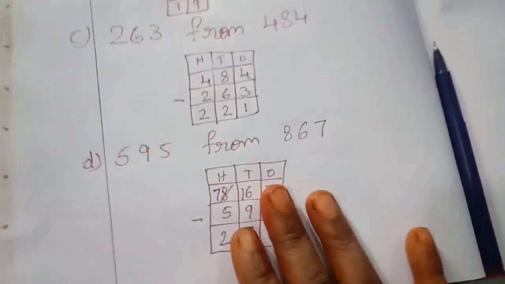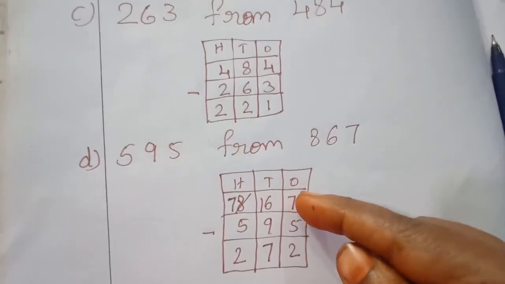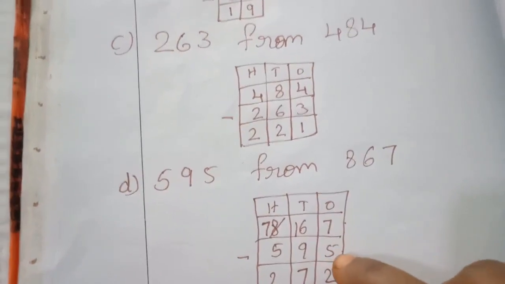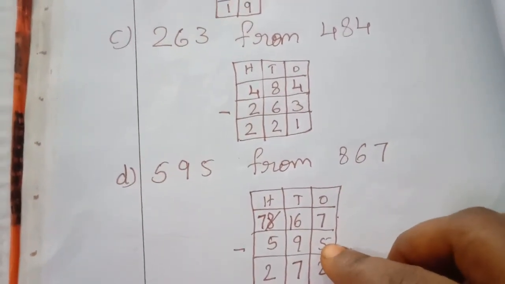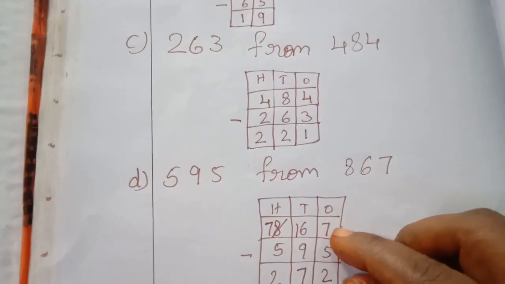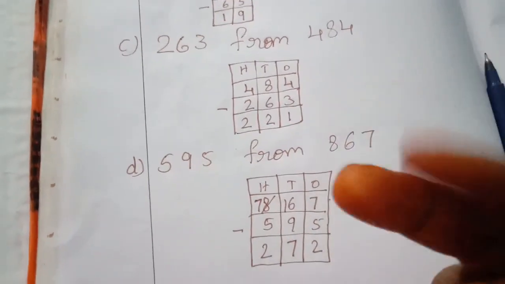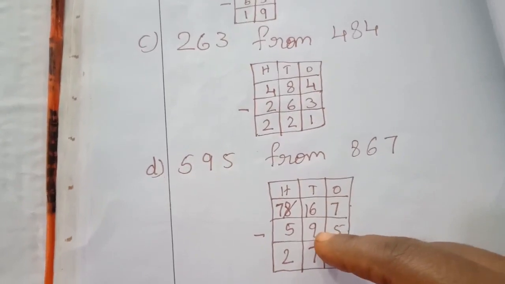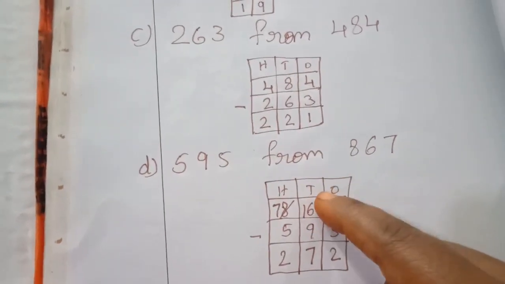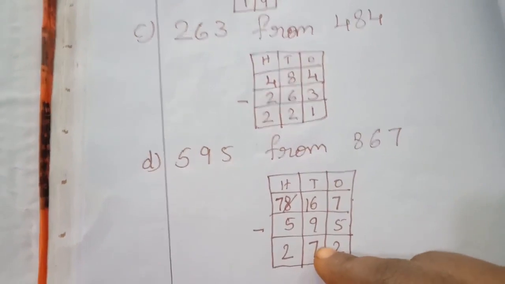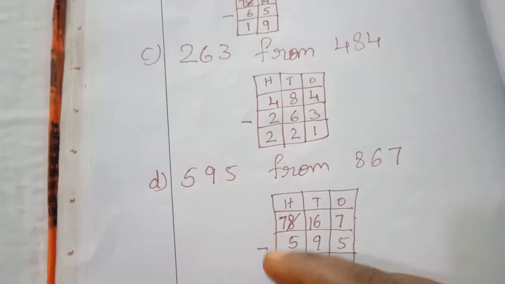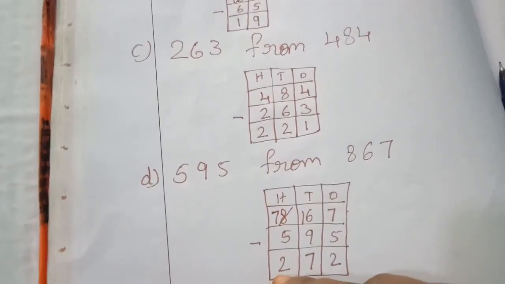Did you understand what I did? First of all, the up number, down number you should cut. How will we cut? 5 up to 7 you should count. Yes, 5 after 6, 7. 2 fingers came. That 2 you should write here. Understood? Here 16, here 9. In the 16 you should cut 9. 9 after 16 you should count. If you count, 7 will come. That 7 you should write. In the 7 you should cut 5. 5 after, up to 7 you should count. 2 will come. Understood, children?